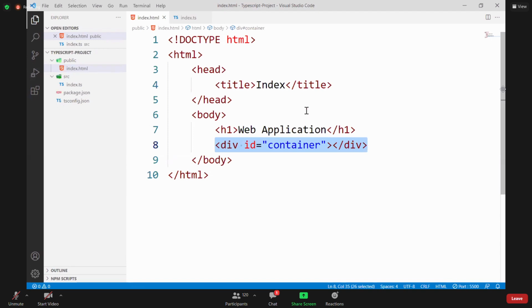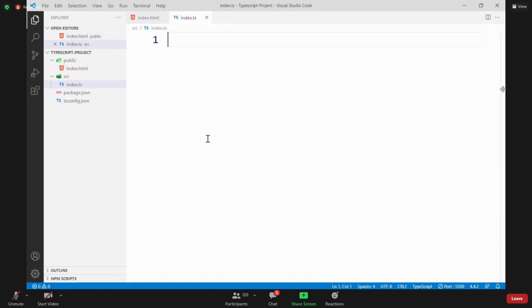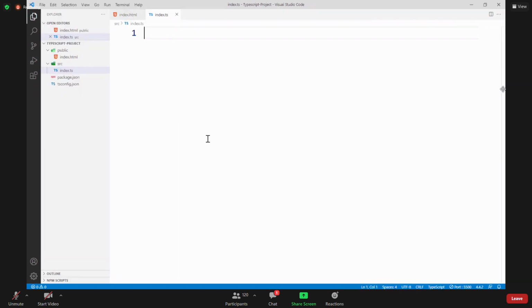So go to index.ts and write your code. Actually, we have to write TypeScript-style logic here, which we are going to learn in detail. As of now, just observe.